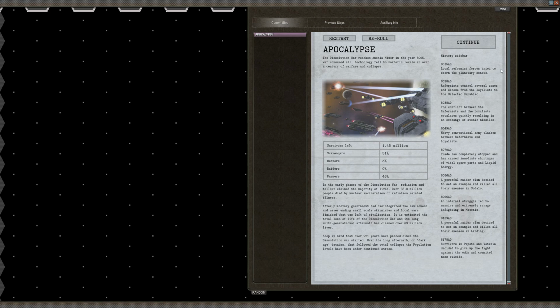8015 AD, local reformist forces tried to storm the planetary senate. 8028, reformists control several zones and secede from the loyalists to the Galactic Republic. 8038, the conflict between the reformists and the loyalists escalates quickly, resulting in an exchange of atomic missiles. 8049, heavy conventional army clashes between reformists and loyalists. 8070, trade is completely stopped and has caused immediate shortages of vital spare parts and liquid energy. 8086, a powerful raider clan decided to set an example and killed all their enemies in Sodalo. 8096, an internal struggle led to massive and extremely savage infighting in Maconia. 8139, a powerful raider clan decided to set an example and killed all their enemies in Landing. 8176, survivors in Popoto and